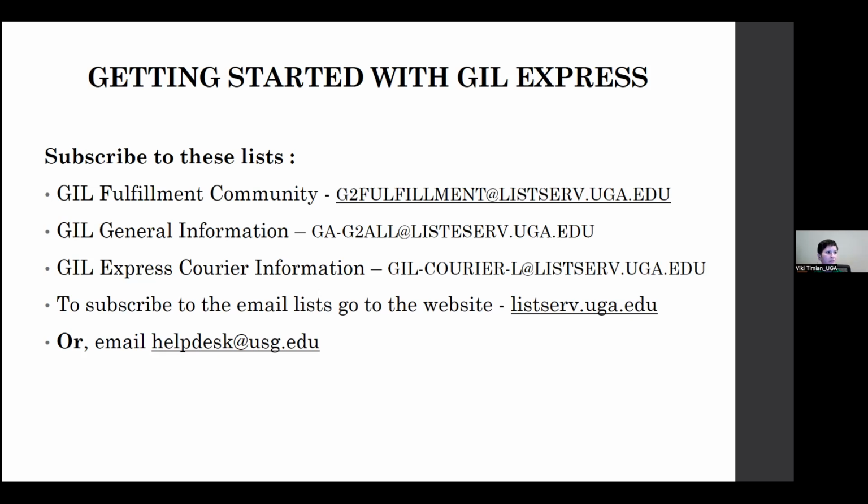So you can go to the UGA listserv, or you can email the help desk, and they can help you out with getting onto those listservs. All right, so next,